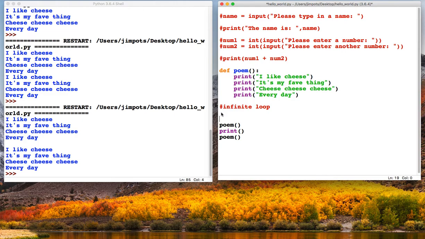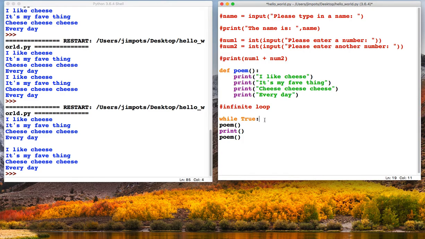So last video I wrote this function here, which is just a series of print statements. And if I wanted that to repeat over and over forever, I mean, let's face it, who wouldn't? It's such a great poem. All I would do is just type in while True, okay, and then colon. Now you'll notice here we've got a capital T, okay, while True. So don't forget to put that in, but we just want a small lowercase w for while. And we've got the colon.